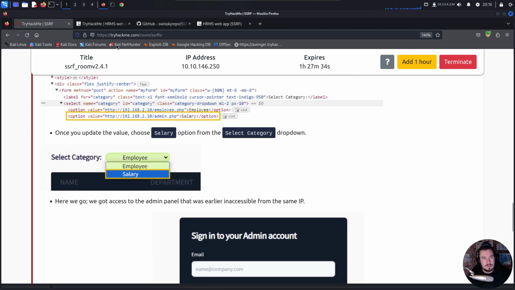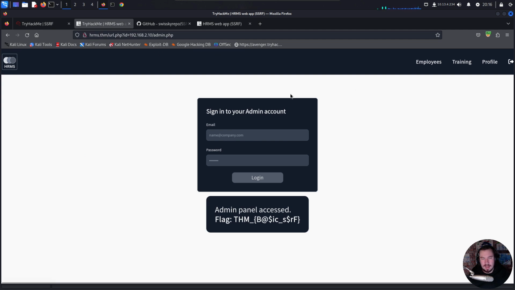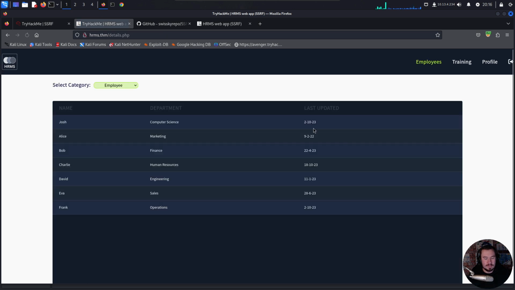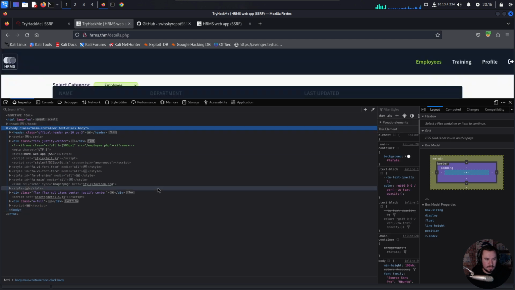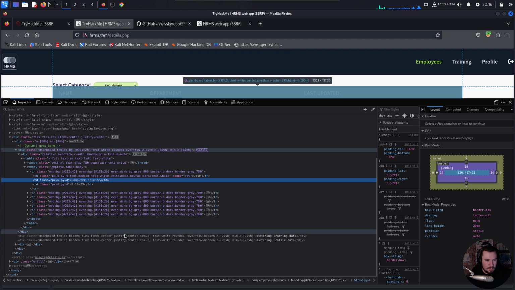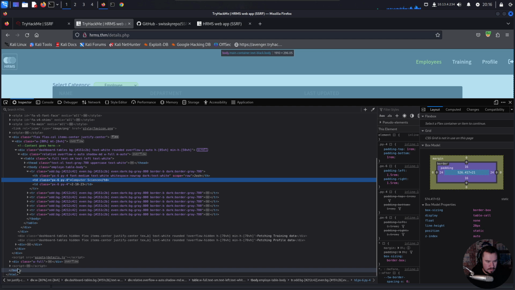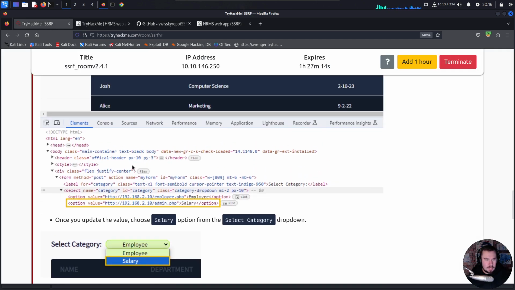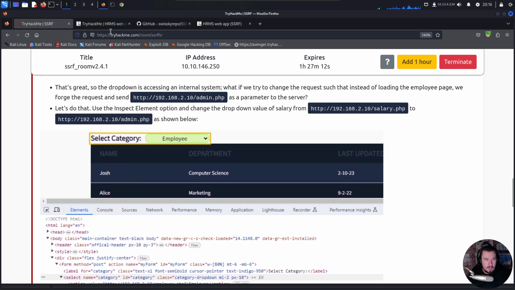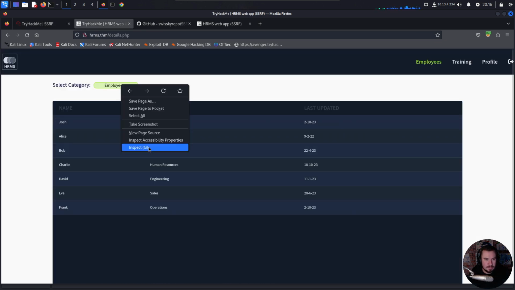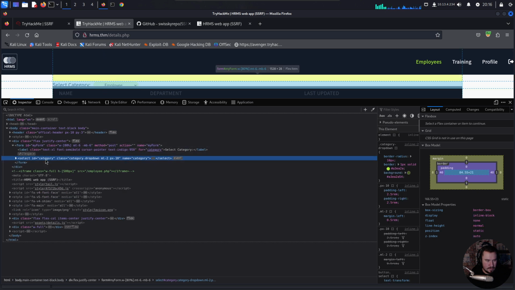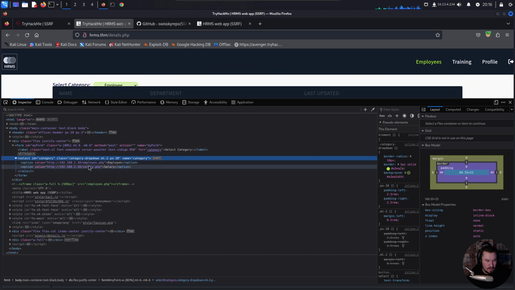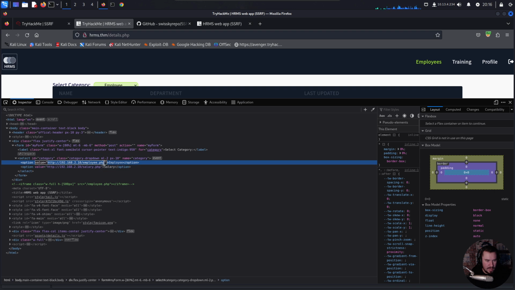My way was cooler. Just kidding. My way was easier. I believe in simplicity. You just change that to admin.php, but let's do it their way as well. So we'll right click, inspect element, and I forgot where we're even looking. Was it on, oh, the actual drop down, I see. There it is. So if we change that to admin.php,